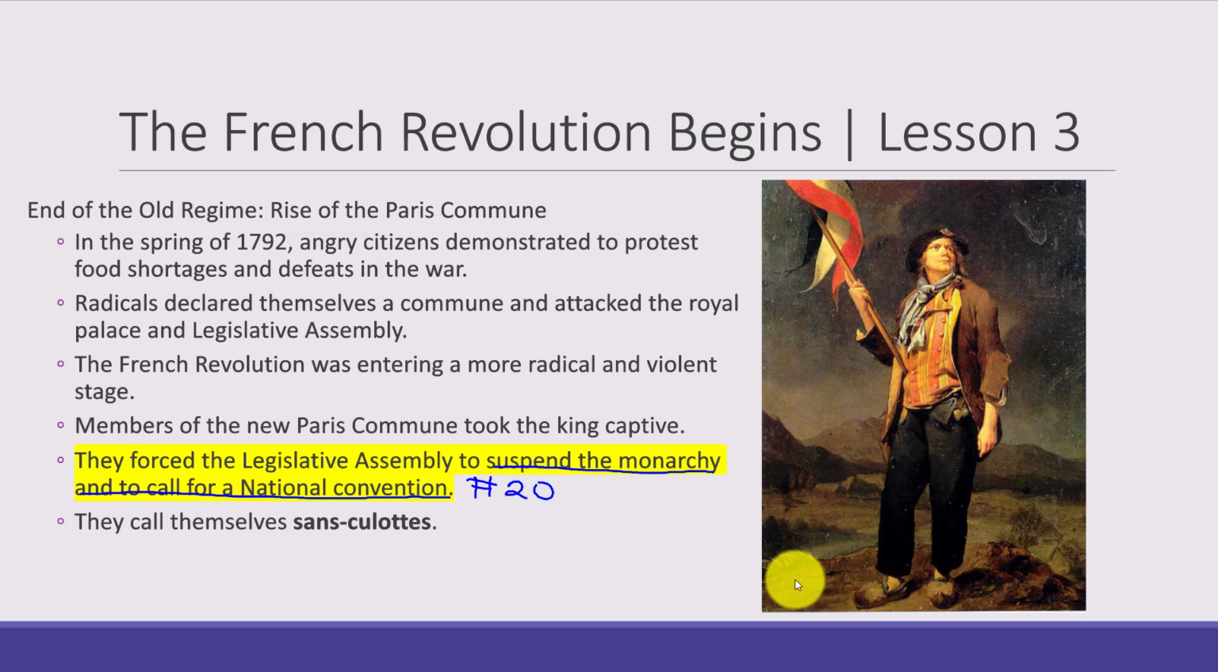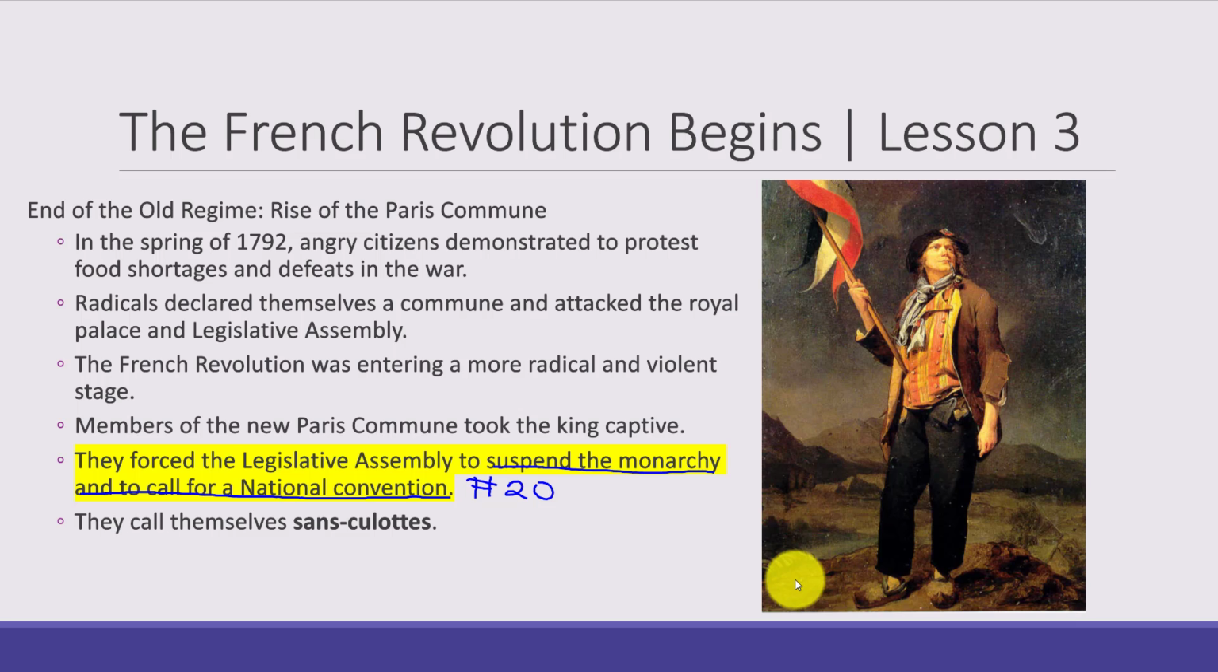And here's the last answer for number 20. This was the rise of the Paris Commune. So again, food shortages, you have this war that's going on, violent protests and angry citizens. The radicals, these Parisians, want very fast changes, more rapid change to the government. They became even more radical, and they want to